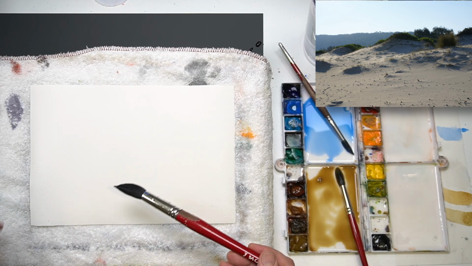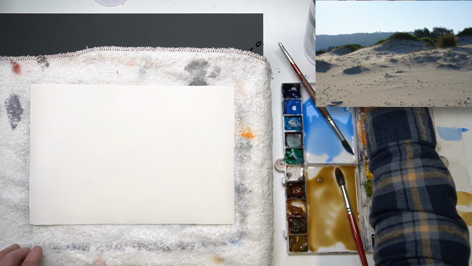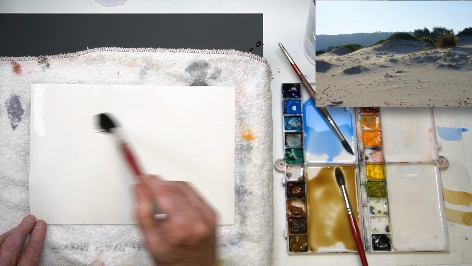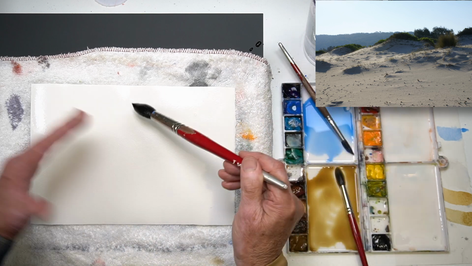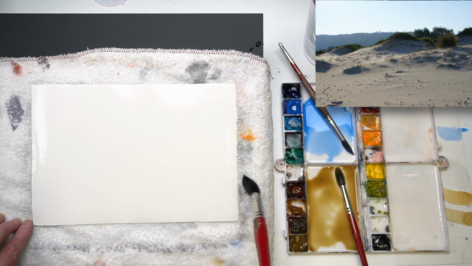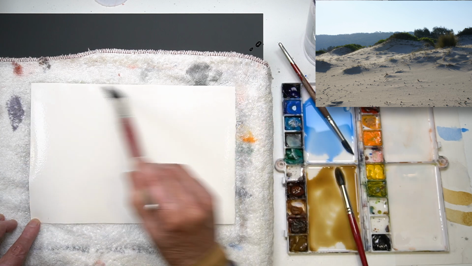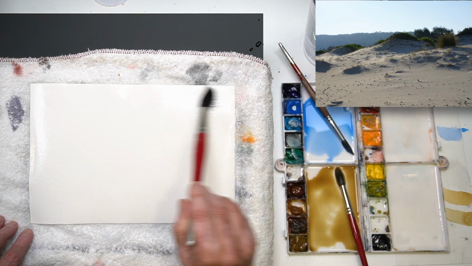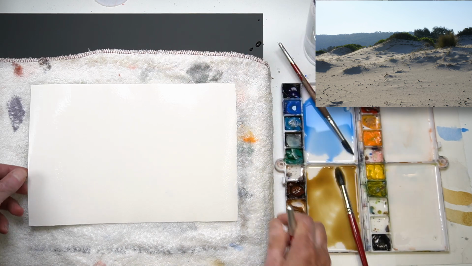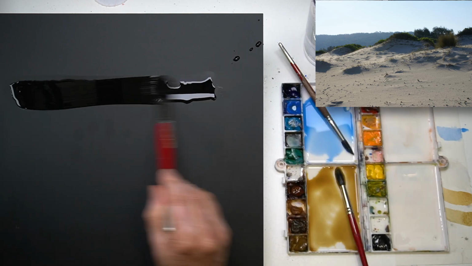Now if we go back to our paper, as it's been absorbing some moisture, it first starts to cockle, and then I add more water to that. And finally the paper will fully expand and sit flat on our board. I'll wet my board.